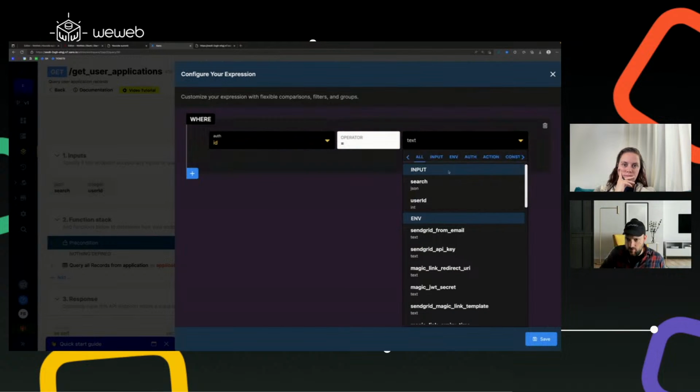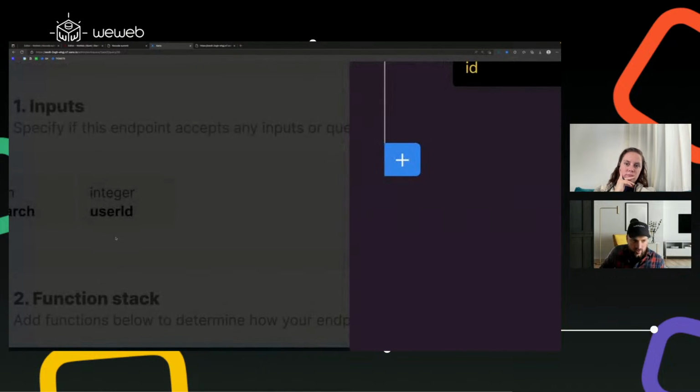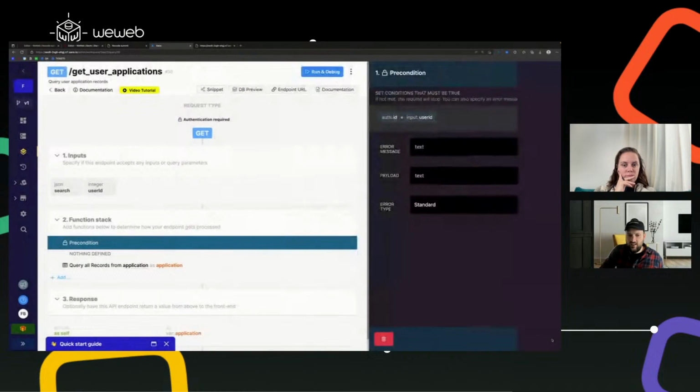the ID that I'm asking, the data from the user I'm asking for. So the user ID, this one that I have in the input. I need to make sure that when I'm asking for the user with the ID 4, I'm logged in as the ID 4. So that's what I'm asking here. I click save,